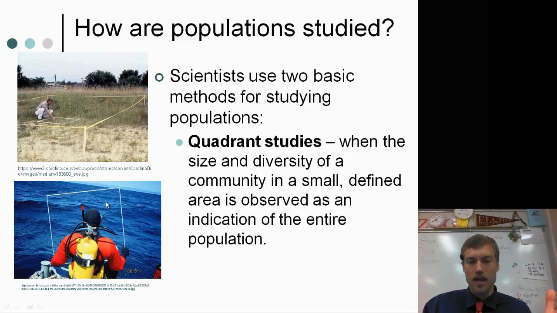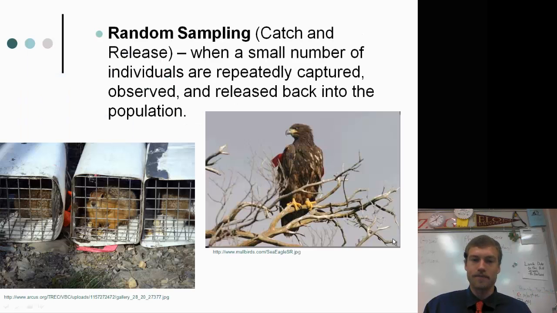And we could do that in a variety of different ways. We also have this idea of random sampling, or catch and release. And so what happens is that you would catch a certain number of individuals from a species, and then again you try to extrapolate that out to the entire population. So you would catch a small number, release them, and then catch them again, and then you can use some fancy statistical math to figure out what is the actual total size of the